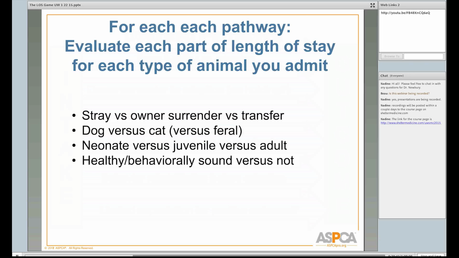So as you think about capacity, you really want to think for each pathway, evaluate each part of what we're hoping will be that straight shot, to see how straight you can make it. What we need to put into that pathway to make sure things flow smoothly, and often what we'll call those are the critical flow-through points in the pathway.